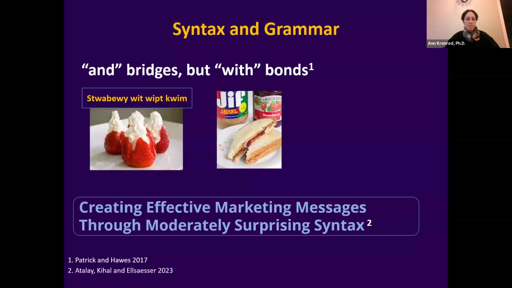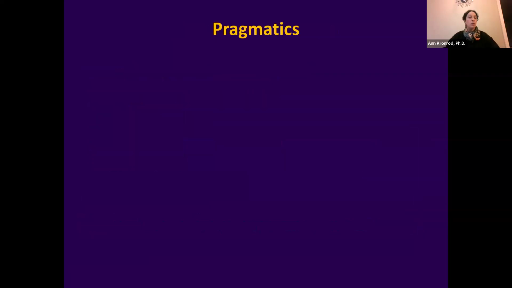All right, let me switch to the next field. Pragmatics is about using language. So it's not about structuring, it's not about the form anymore, it's about the use. How you use language in order to convey certain meaning, how you sometimes exploit language in order to achieve your goals. And let me show you what I mean. I will be talking a lot about things that are happening beyond the said words. What's beyond that?